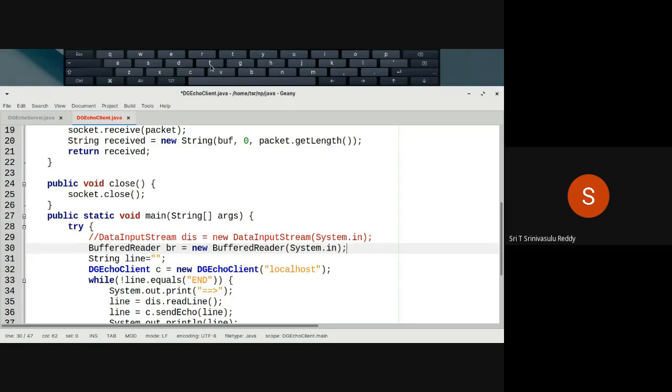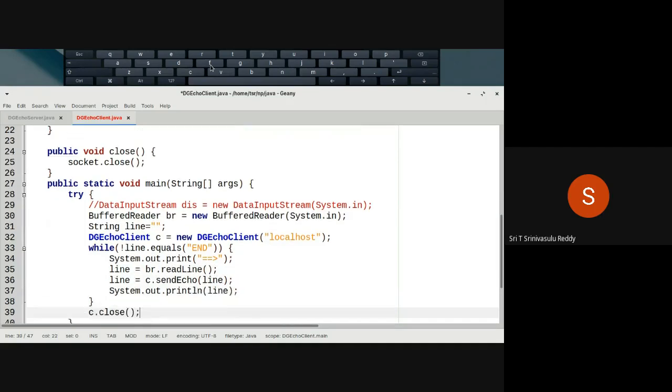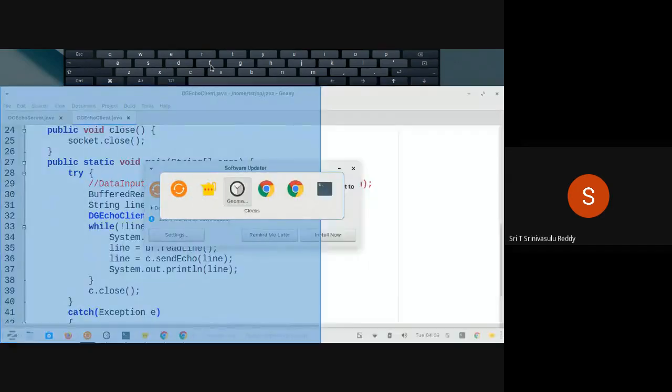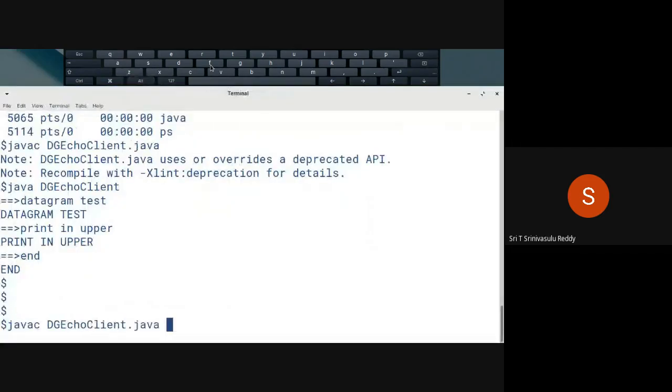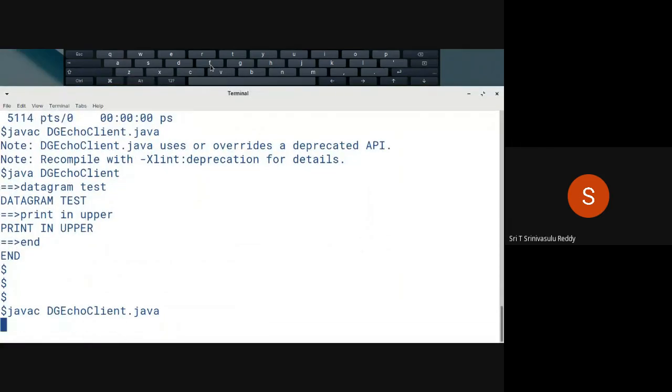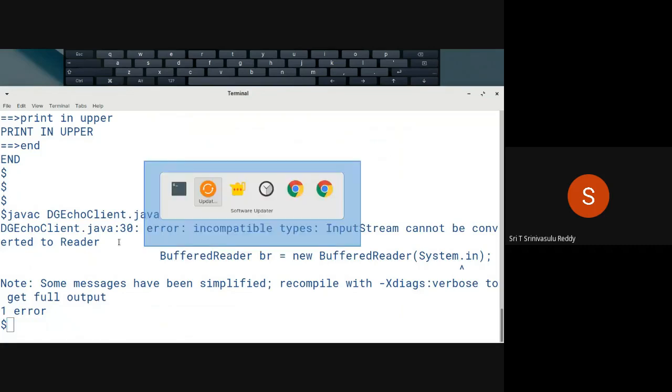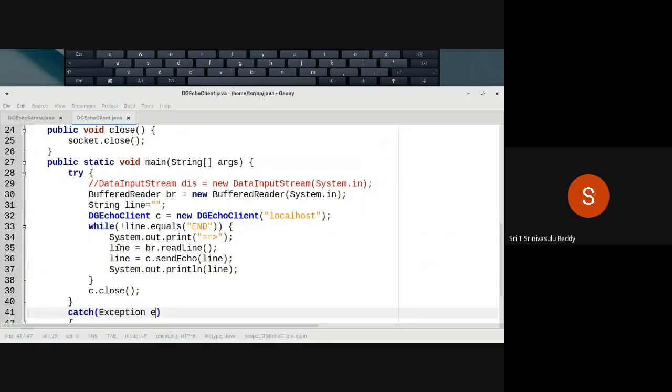It's now taking a stream object actually. So whenever you do this, BR is here, you have to make the necessary change, BR, and the other things are the same. Now you can see here, compile the client list. You will get the error message because there is no constructor there. Input stream cannot be converted to reader. That's the problem. So for that, there is only one direct mechanism.